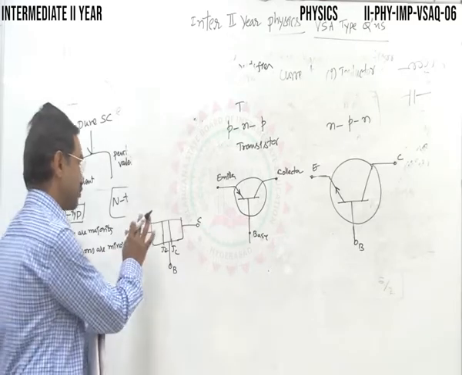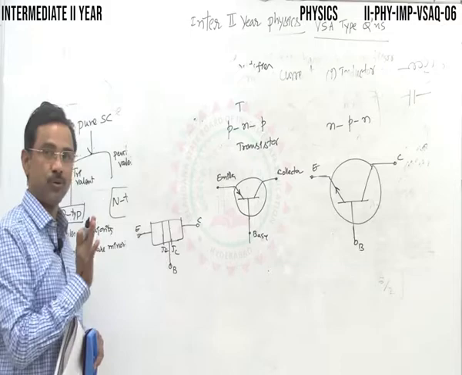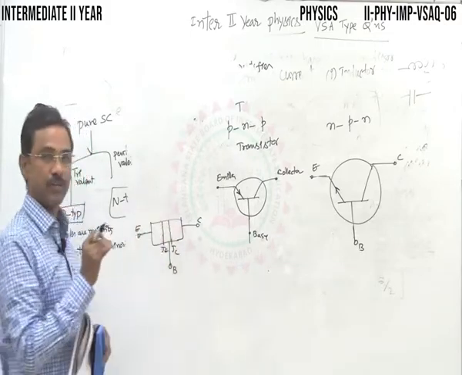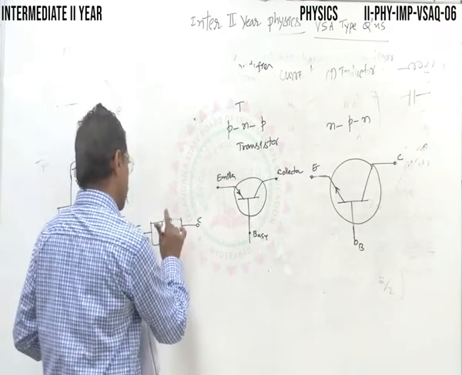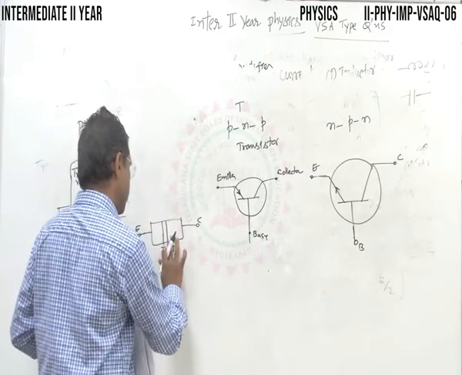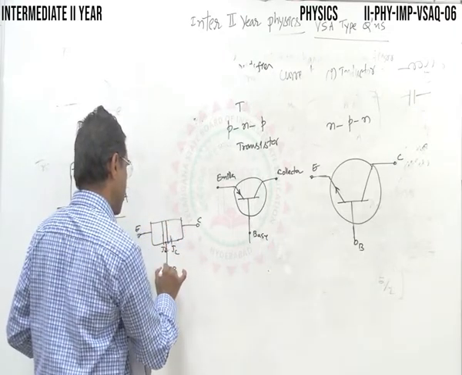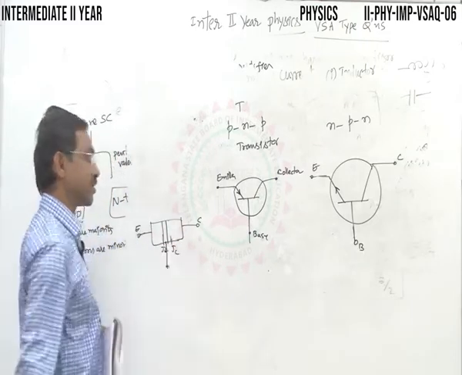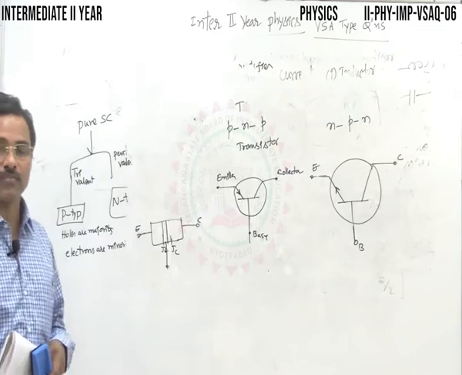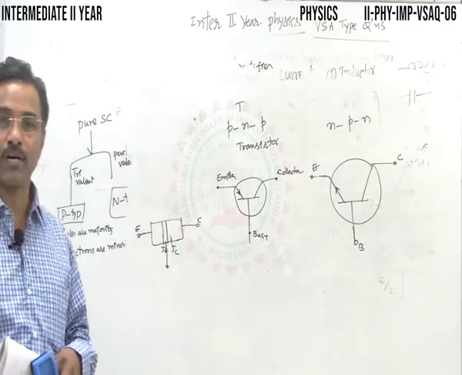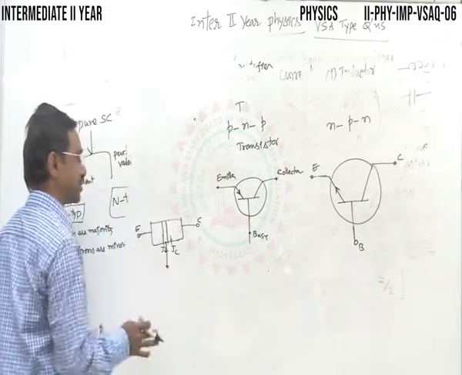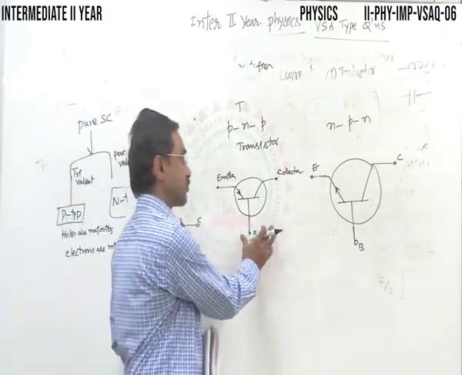So the emitter must behave only as an emitter. It is heavily doped. Then the base is moderately doped, thin, also very thin compared to the first 2 regions. This base is very, very thin compared to the emitter and collector. The base region is very thin and lightly doped. The other one, the collector, is big in size and moderately doped. Moderate means in between, right? The emitter should be heavily doped. They cannot be interchanged. These are the circuit symbols.